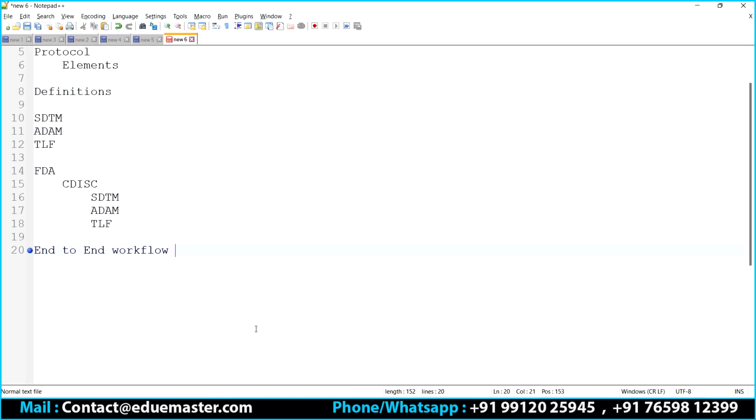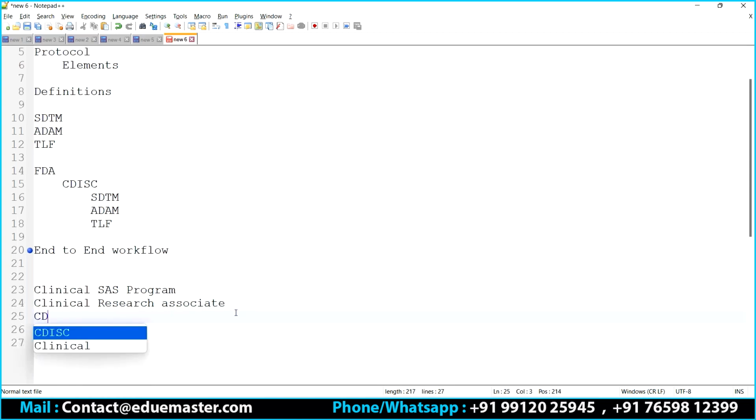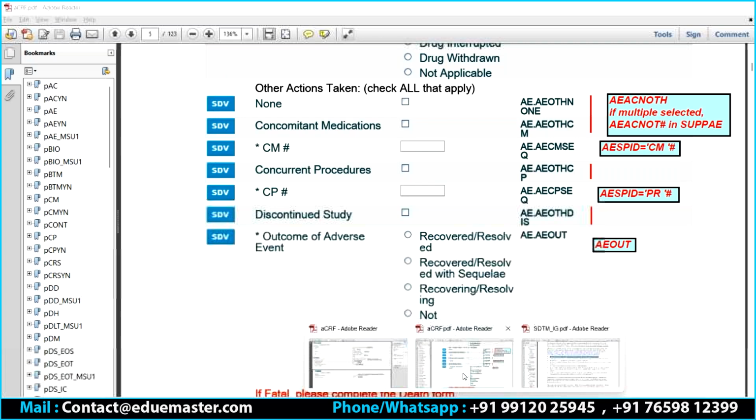Remember, guys, the other part I would like to talk about here is that there is a difference between the clinical SAS programmer and the clinical research person, which you can also call a clinical research associate. This role, along with the CDM team, the clinical data management team, are the two responsible for producing this ACRF.